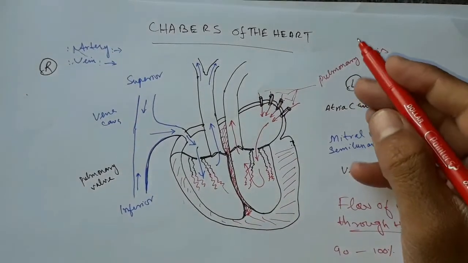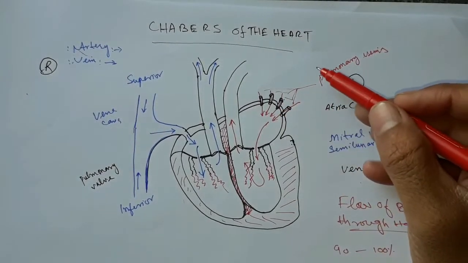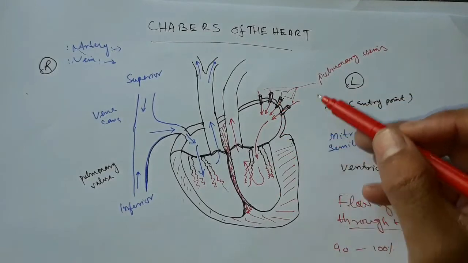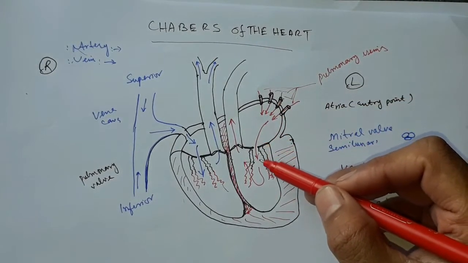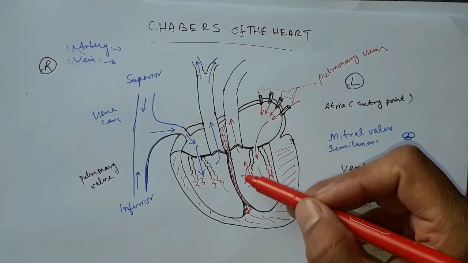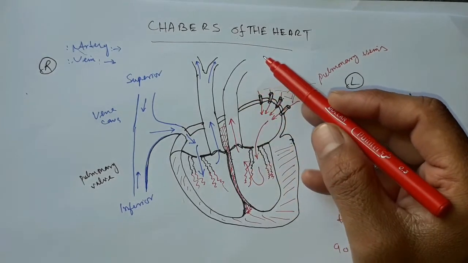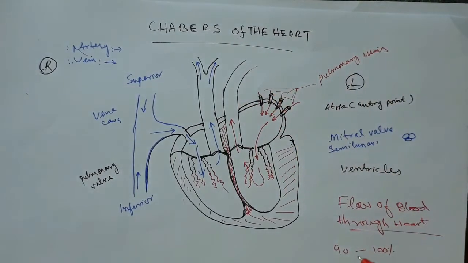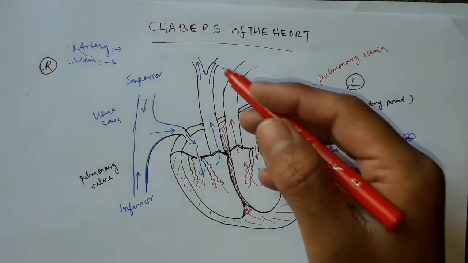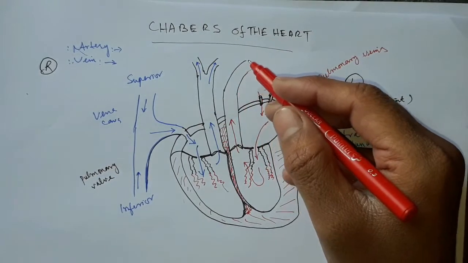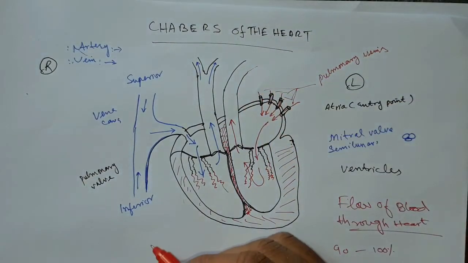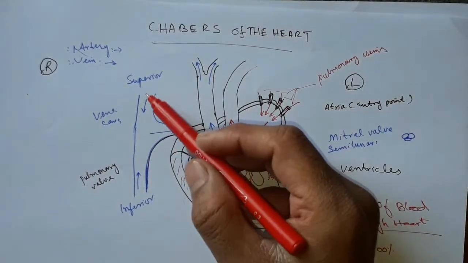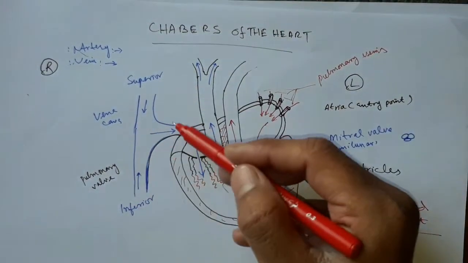So this was the flow of blood through the heart. The blood coming from the lungs enters into the left atrium, and from there it moves into the left ventricle, and when the left ventricle contracts, it ejects blood into the systemic circulation through the aorta, and the aorta distributes this blood throughout the whole body, and this blood gives oxygen and nutrients to the various tissues in the body and comes back through the superior and inferior vena cava into the